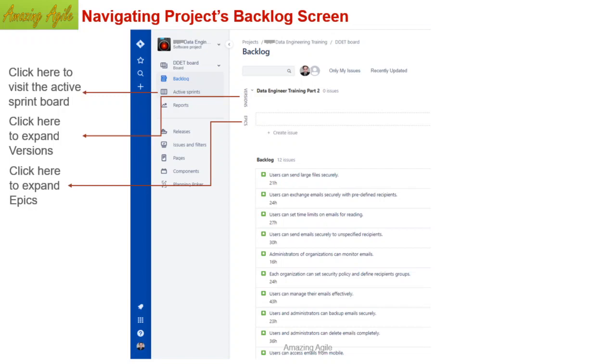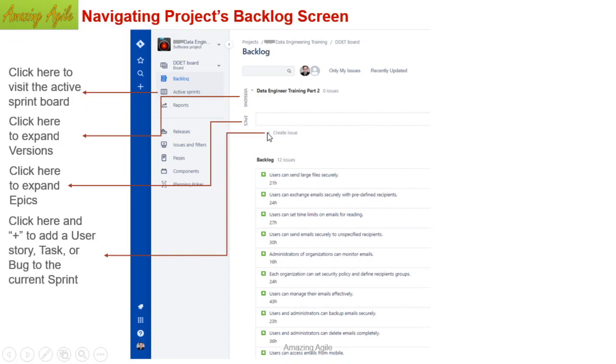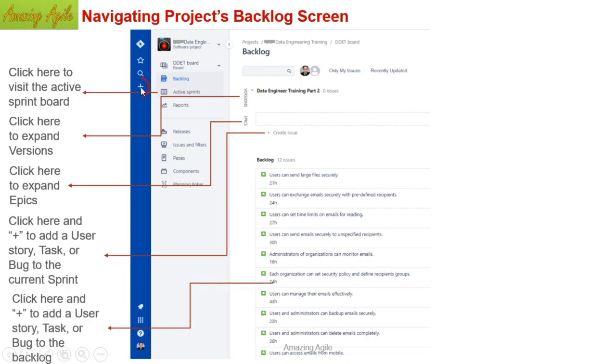Apart from that, did you see this plus button? We already discussed that through it we can create a story or bug or any kind of issue. If you click this one and this one, you can directly create a story here in this sprint area. But ideally, we are supposed to create a story in the backlog area. So what we will do is click this backlog button, and then we can create stories over here. We'll show you how to create a story.